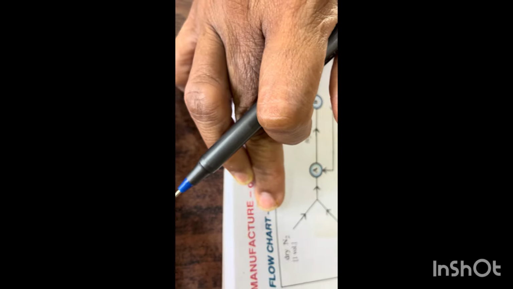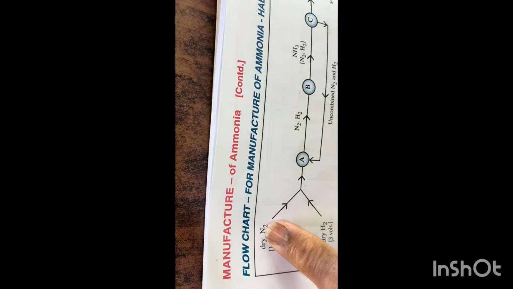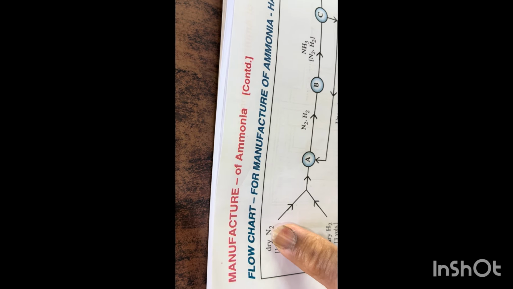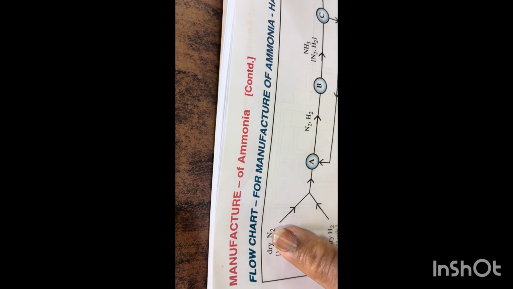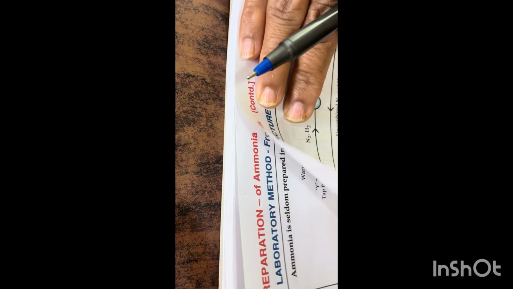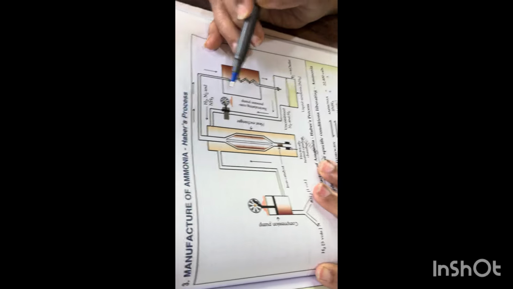Now the mixture contains ammonia, along with some residual nitrogen and hydrogen. It was under pressure, and now it is allowed to expand suddenly. How? Through a small nozzle into a region of low pressure, where it expands again. Then we send it to C, that is the condenser, the condenser with cooling pipes.